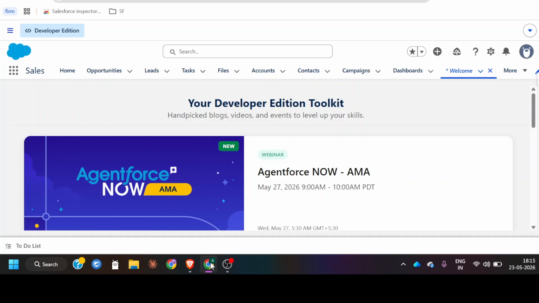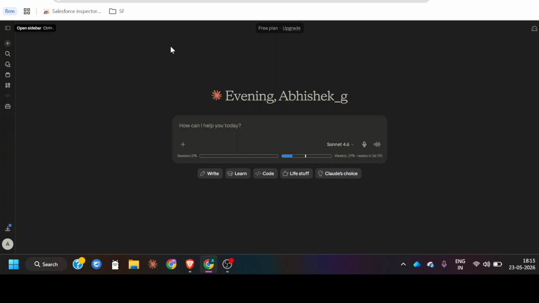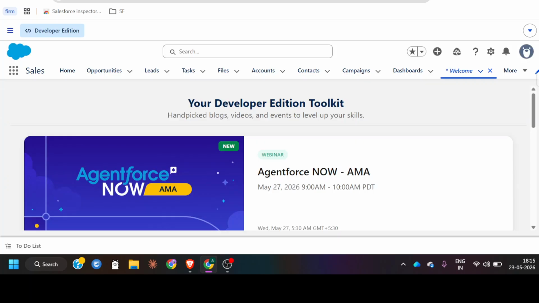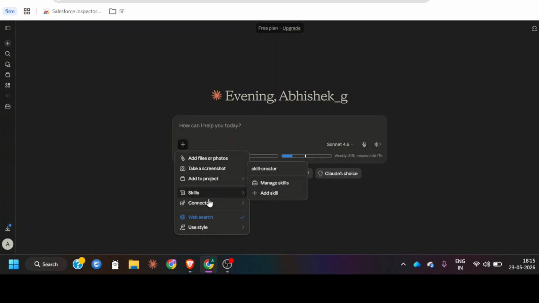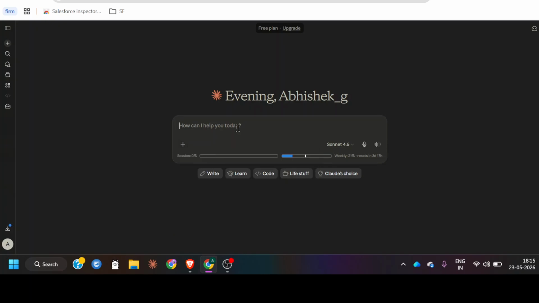We will learn how we can connect our Salesforce org with our AI model Claude. I have already connected this with my Claude, and here we can see the connector, the SFDC. So this is the connector I have connected, and if I write, for example, hi,